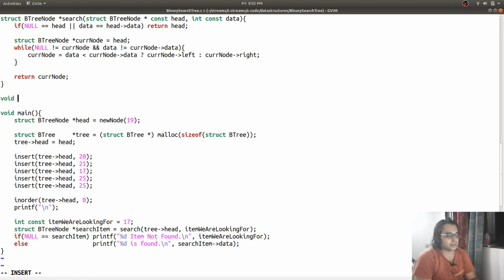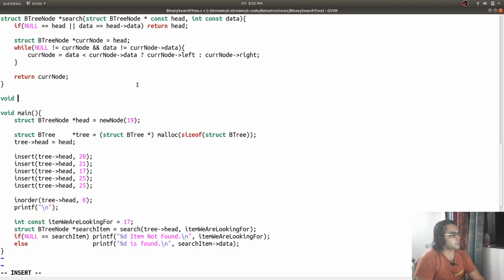If we find the maximum value in the left tree, then we replace the value of the node that we want to delete, copying the value from the node that we found. Then we delete that leaf node whose value was copied into the current node. So this is how it works.